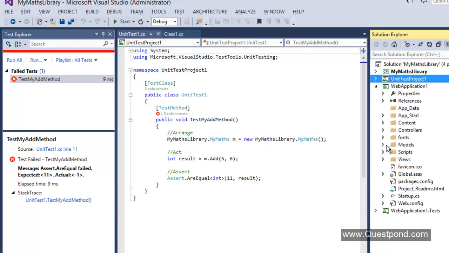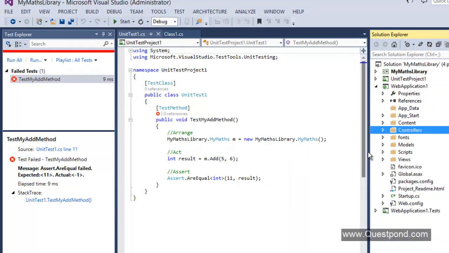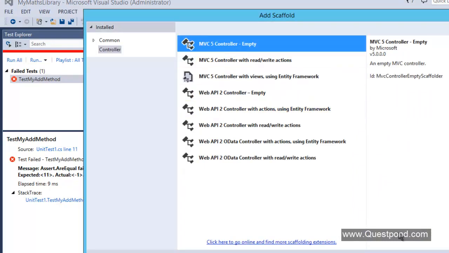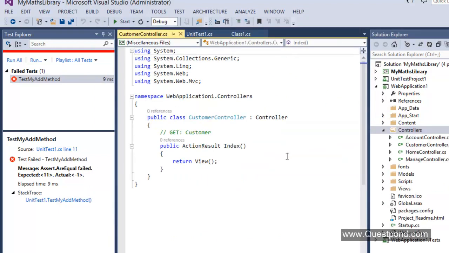Now what we do is we will go and create one simple controller here. I'll right click, add new controller, MVC5 controller, add, we'll name this controller as customer controller, add. Now let's understand what exactly we are going to test inside the controller. What kind of logic will be written inside the controller? In the controller, we will write user interaction logic, which will handle requests and send some response. So what will we test here?